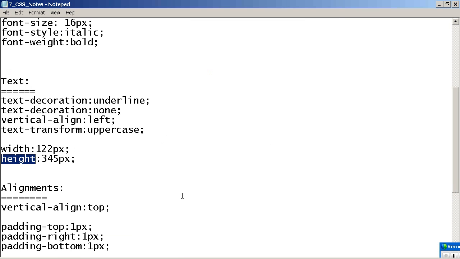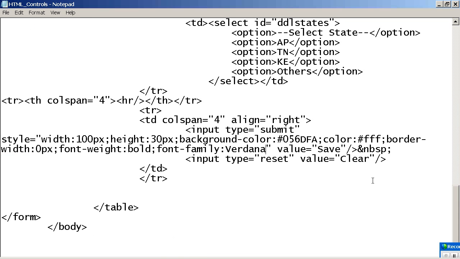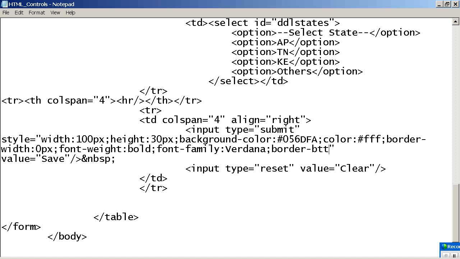Now you made the border as 0 pixels. But even then I want to make the border. Are you understanding what I am telling? Border-bottom as 2 pixels. What is the style? Solid or dashed. Solid means it will give you normal lines. Dashed means in the border you will be getting some gaps, dashes. So what I want? Solid style. And what is the color?